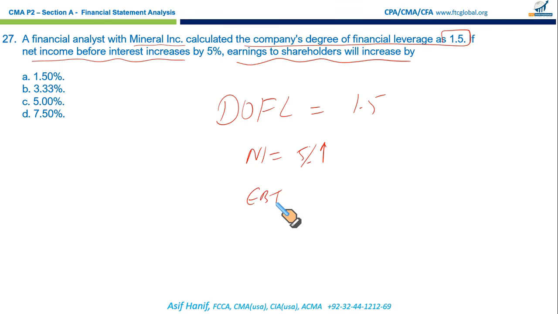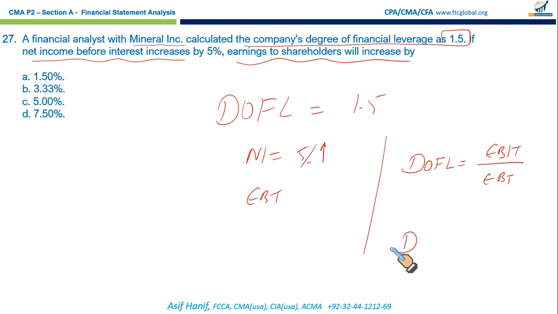So the percentage formula, I would write it again so that you know what exactly we mean. Degree of financial leverage. Normally we calculate it this way: earning before interest and tax over EBT. In percentage version, DOFL, it is reversed totally: percentage change in earning before tax upon percentage change in earning before interest and tax. Always remember that.